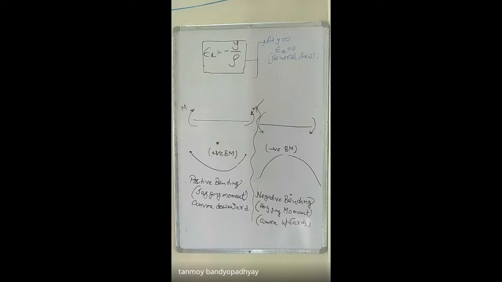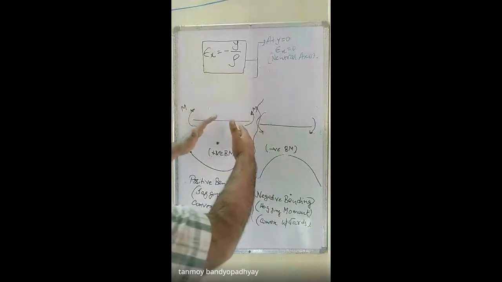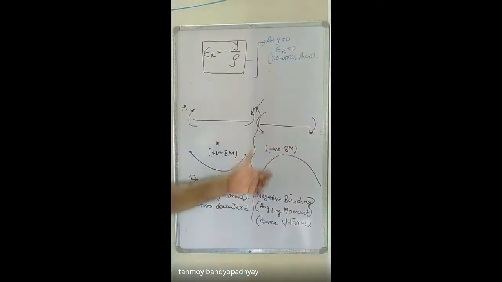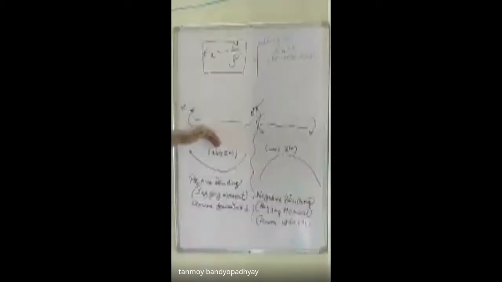So since the things we discussed, we discussed the configuration like this, where the top side is in compression and the bottom side is in tension. So for our case, we have considered a positive bending moment. We have considered the moments like this. The beams bend sort of like this. If we had done our derivation in this fashion, then we would have said that the moment was negative. So whenever you are moving on the upper side, you are having compression, and whenever you are on the lower side, you are having tensile forces when there is a positive bending moment.